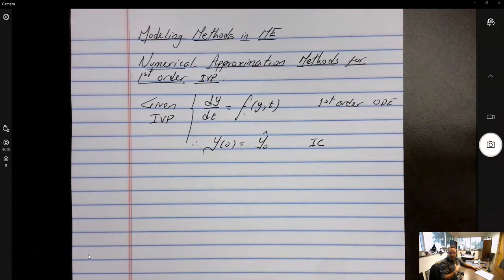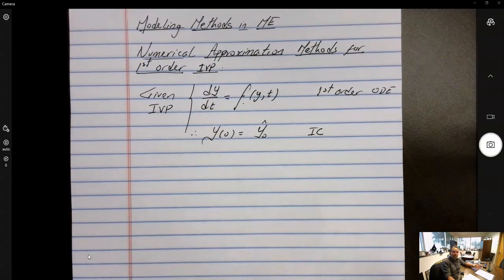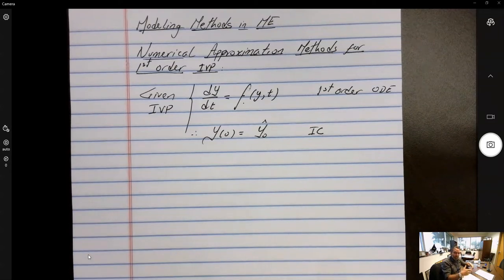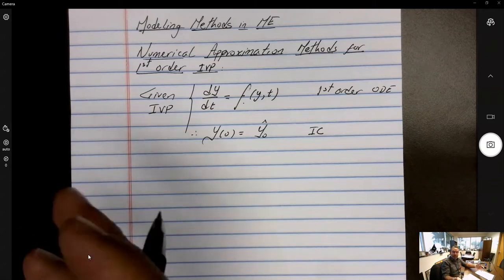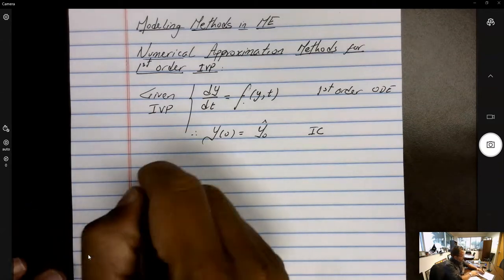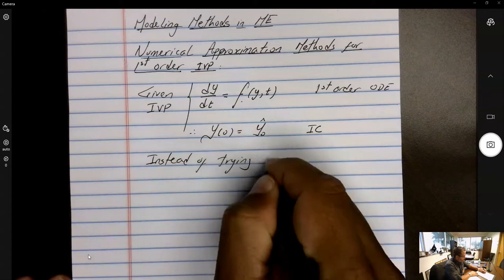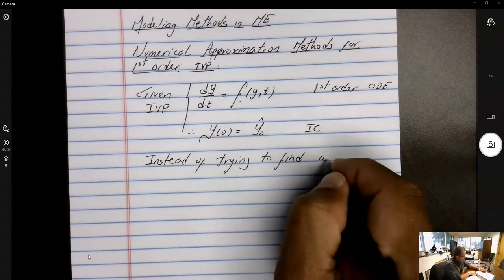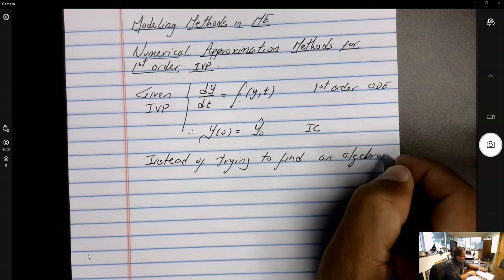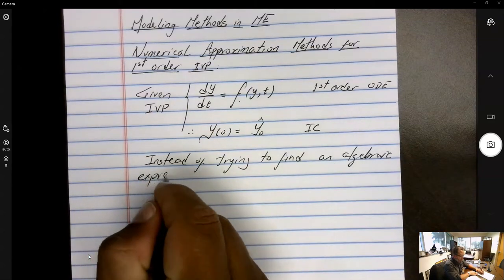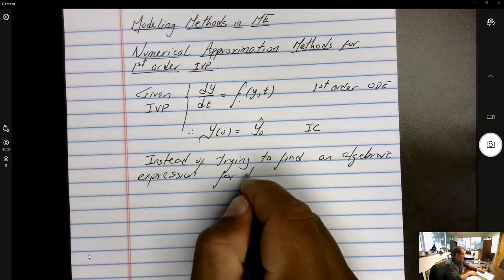All right. So the idea is the following. In all these techniques that we learned last class, we were looking for the function, the exact solution, the closed form solution, the analytical solution. These are the same thing. Remember that we started the class by stating that the solution to a differential equation is a function. So we're looking for that function. So now, instead of trying to find an algebraic expression